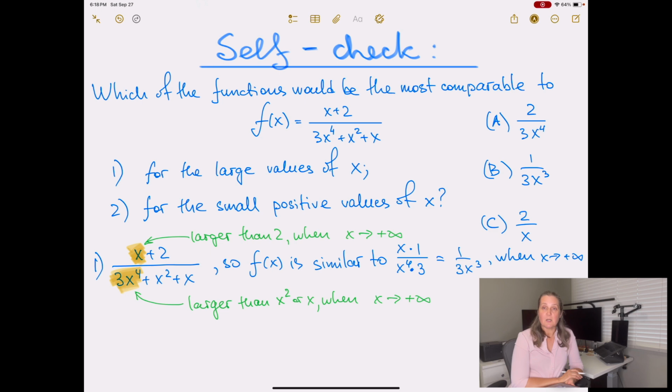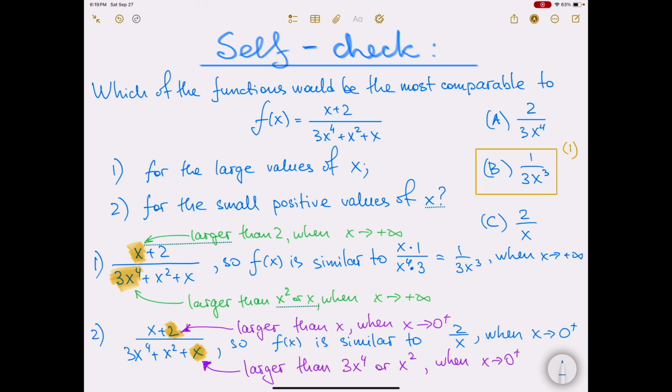The function f of x produces output values similar to the function x divided by 3x to the fourth, which is the same thing as 1 over 3x cubed. Let's find the answer to the second question. Which of the three functions would be most comparable to f of x for the small positive values of x? Well,